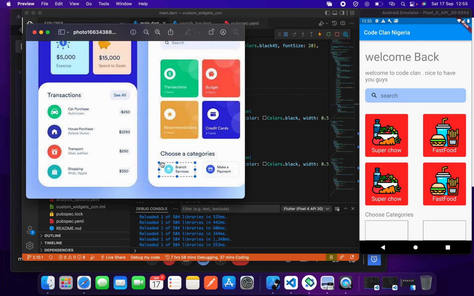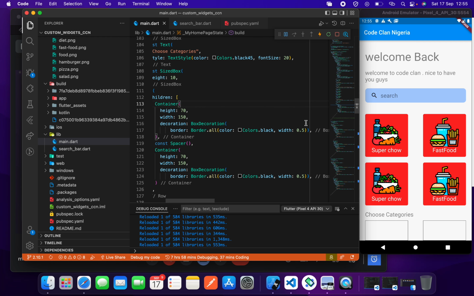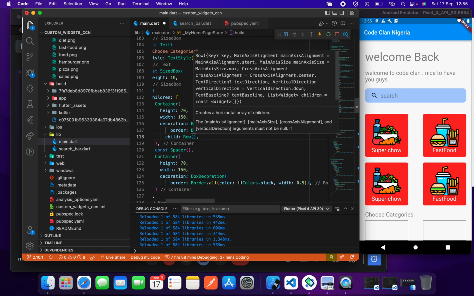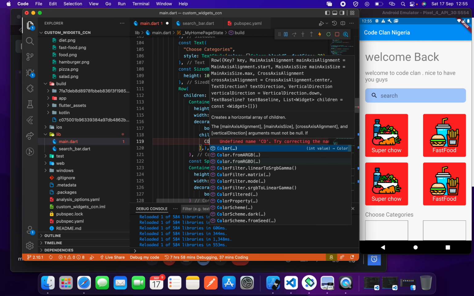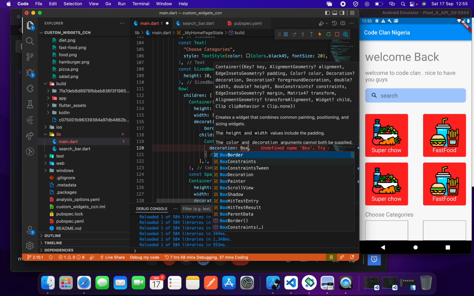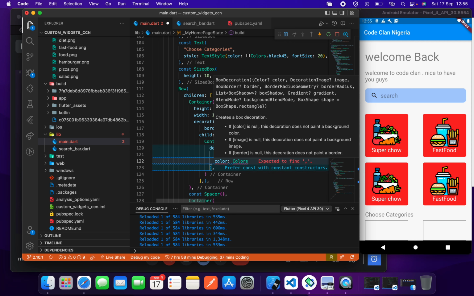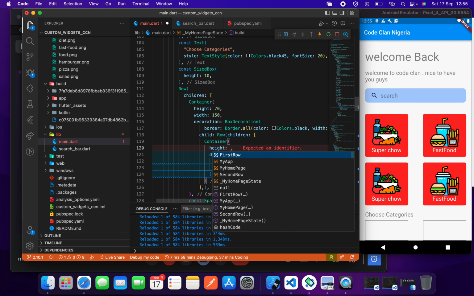So according to the design, we're supposed to have a circle and a text. So in each, we'll just do child, row, children, yeah, container, decoration, box decoration, shape, box shape dot circle, colors dot blue. What else? Height 10,